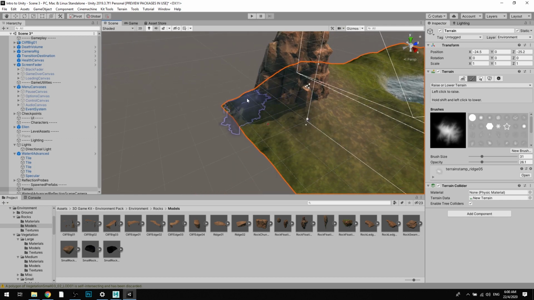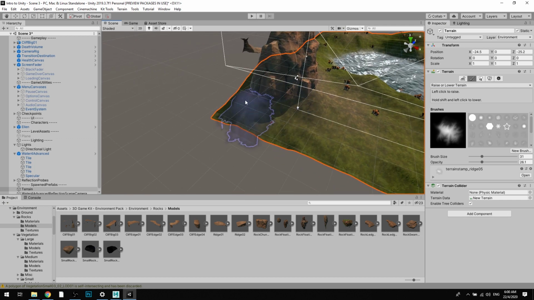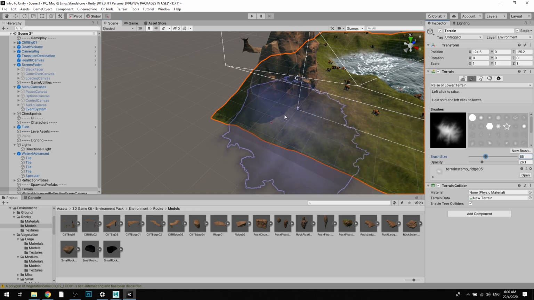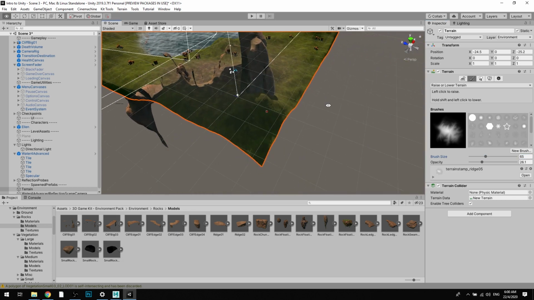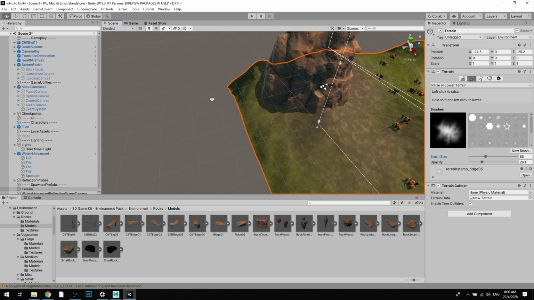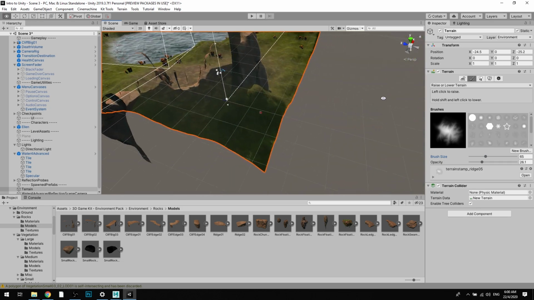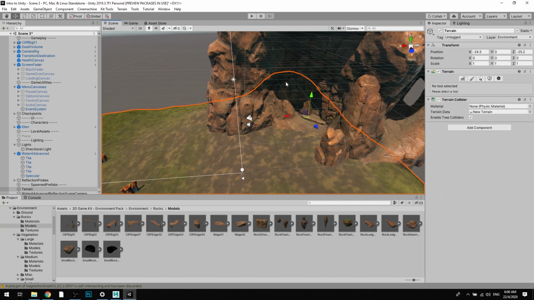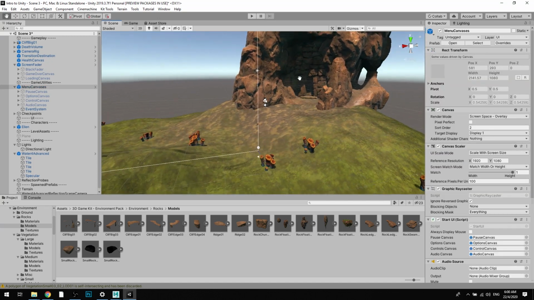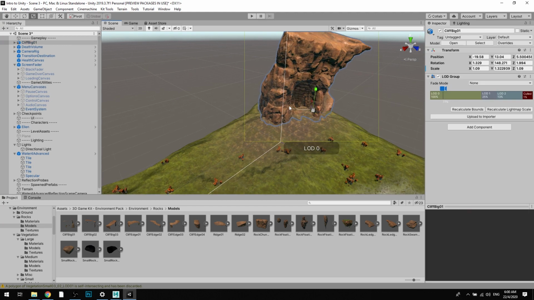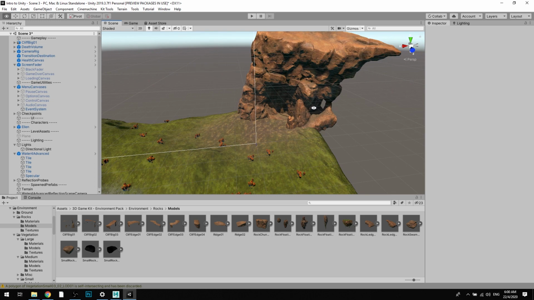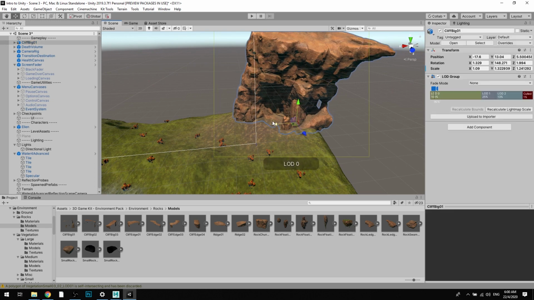Oops, not too much. This area doesn't really matter so much, but just for the aesthetics of it, I'm just going to increase. Okay, so if you need to, you can come back here and smoothen the terrain and stuff like that a little bit later on. So I'm just going to place that over here,